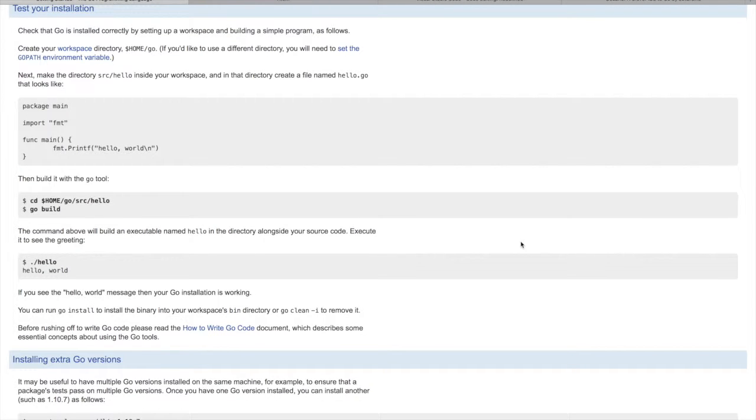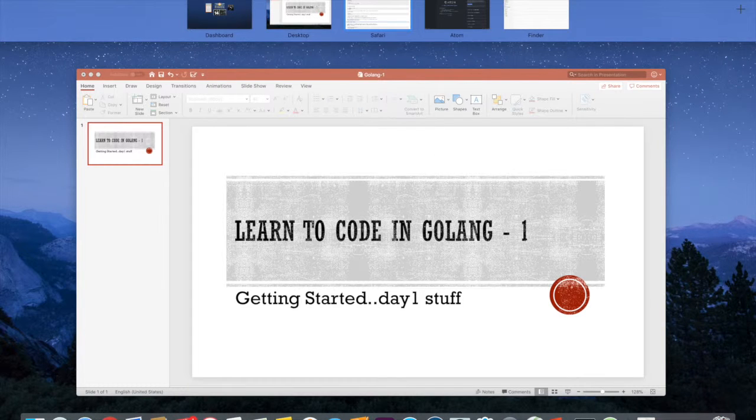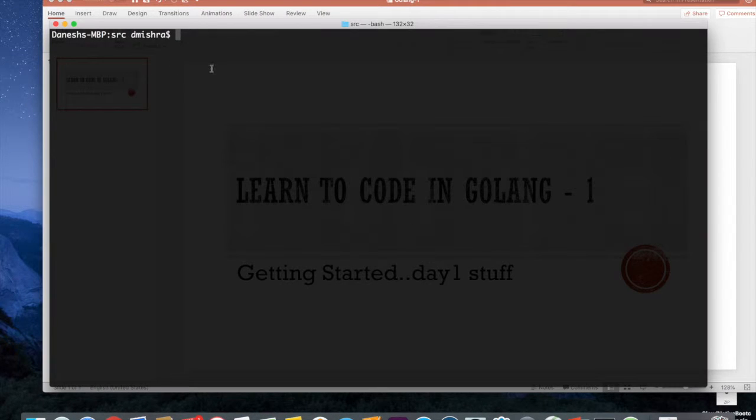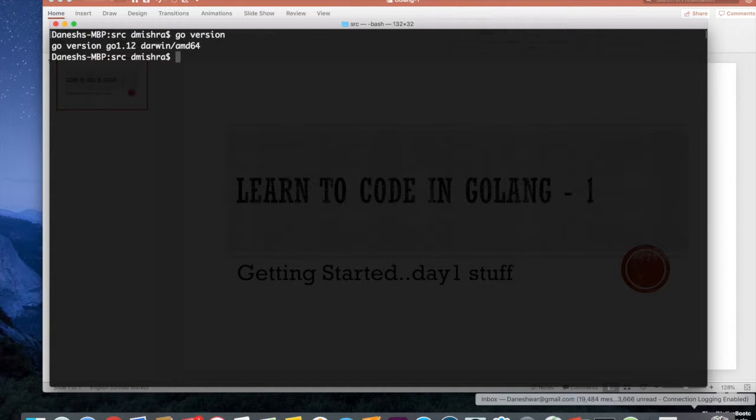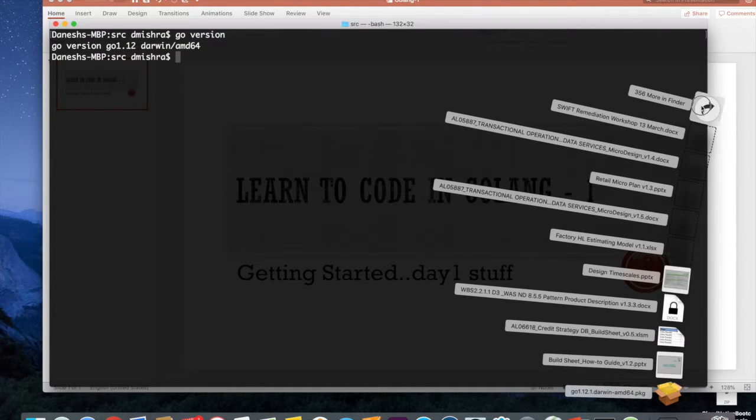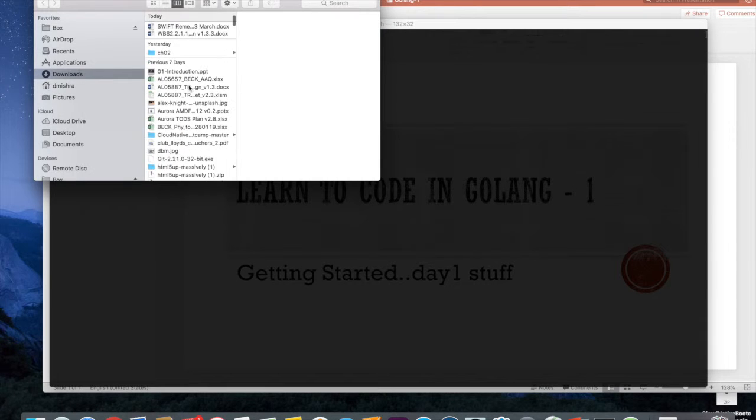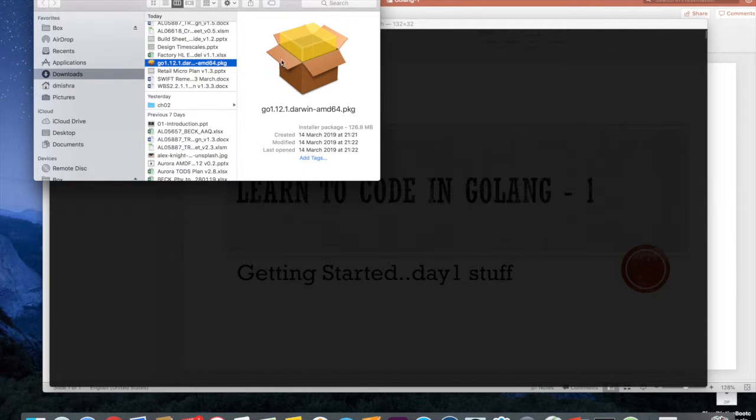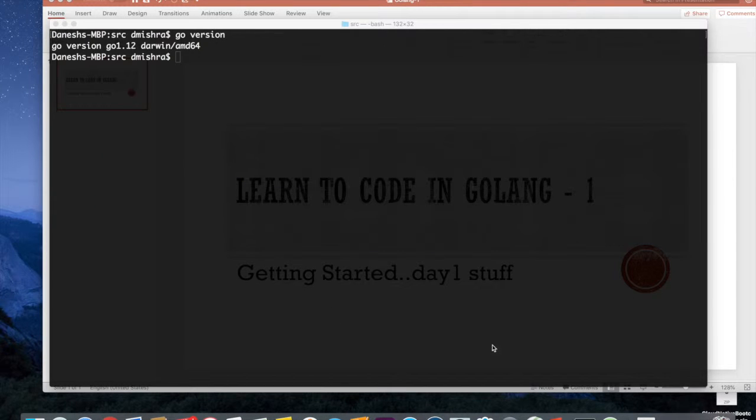Once Go is installed, you can go to your terminal and just say go version. You can see 1.12 is the latest version which I'm using right now. Obviously it was already installed on my machine, so I didn't do that. But now, as you can see here, the download has been completed, and then I can click on this package and double click, a standard installation really. So once that is done,